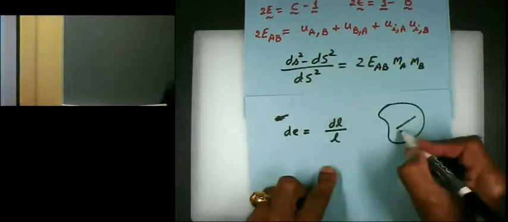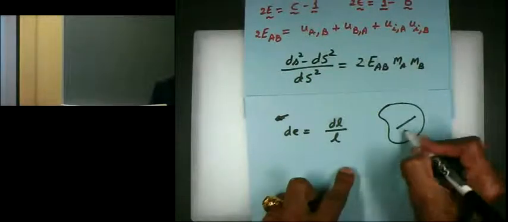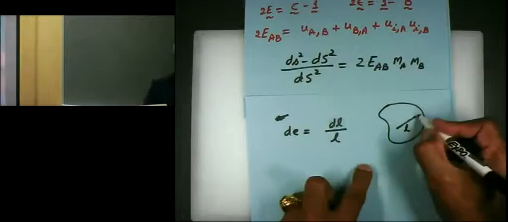So take any line element you like. You draw a line on the body. Basically, we can do it only on the surface. We cannot see inside the body. So you draw a line, its length is L, and you apply loads to it. So the length will change. I can say the length has changed by dl. So the axial strain along that line is dl over L, change in length per unit length.